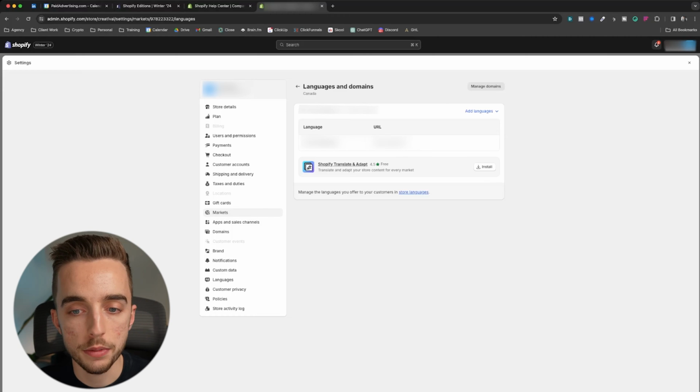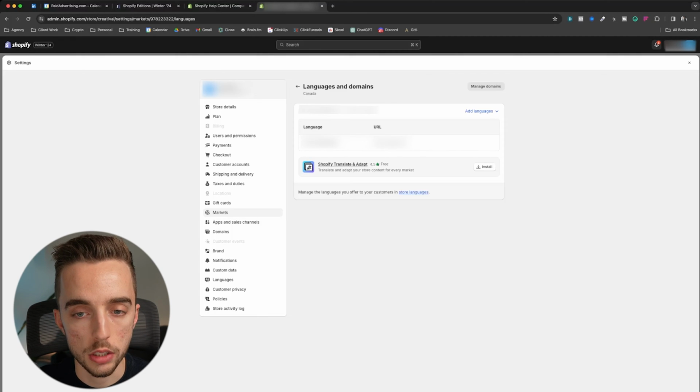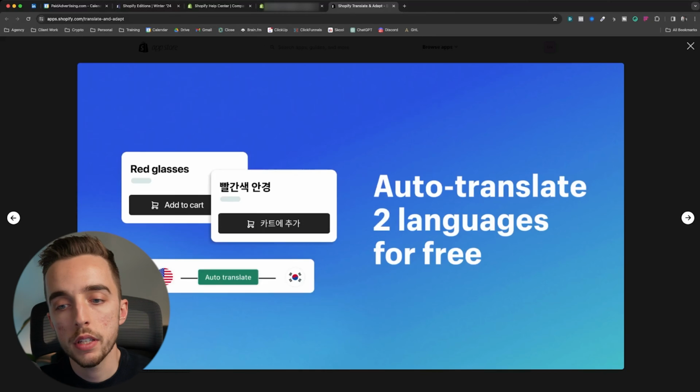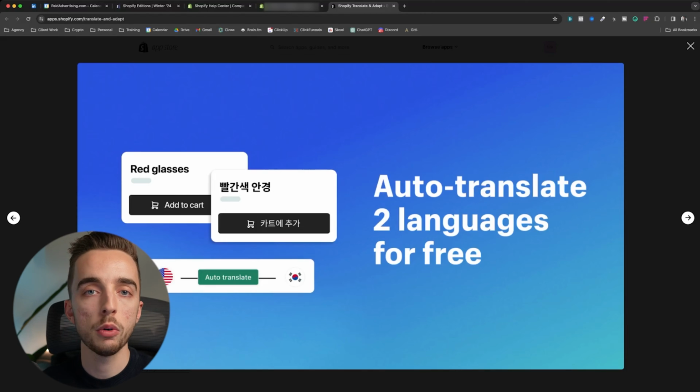So there is the Shopify default Translate and Adapt app. It's free. You can install that on your store, and then you would be able to make a translation essentially for the pages and just overall website. When you open this up, essentially what it's going to tell you is that you can auto translate 2 languages for free,